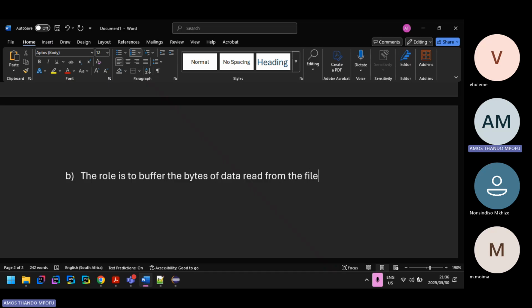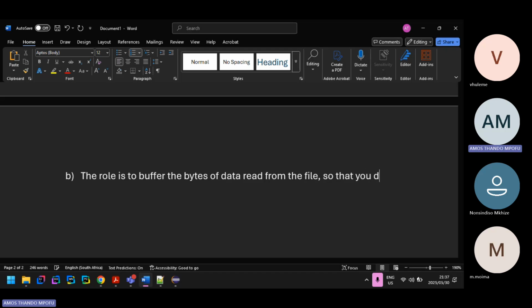Remember your answers are being marked by people who do code on a daily basis. So there's no way you cannot know what a buffer is. So you're going to say the role is to buffer. We call that buffering. It buffers the bytes of data read from the file so that